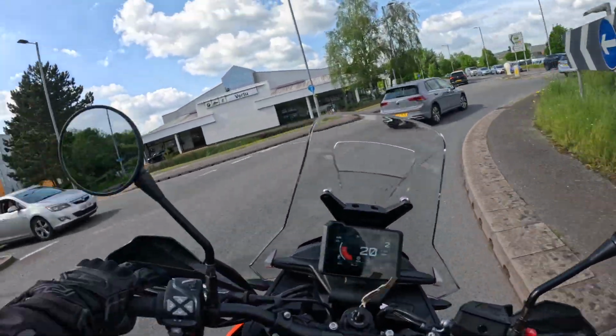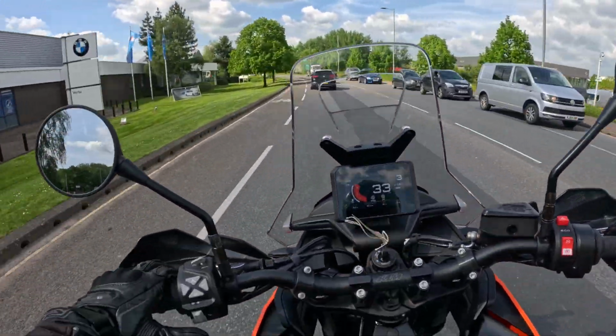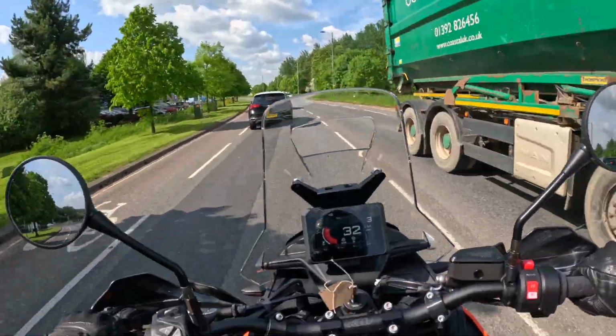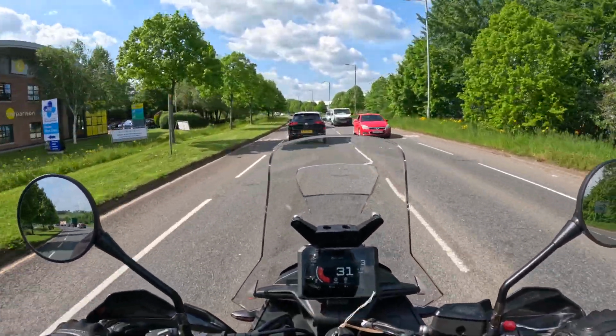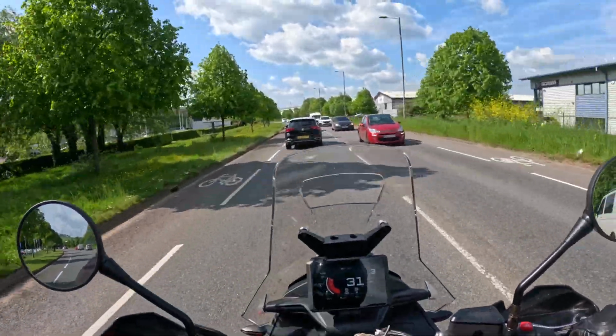Nothing I massively dislike about this bike at all, and I think this will be a very fun bike to own, provided that reliability is there. But it doesn't matter which brand of bikes you look at. If you look on forums, you're always going to find problems if you go looking for them. How the problems are dealt with is what sets